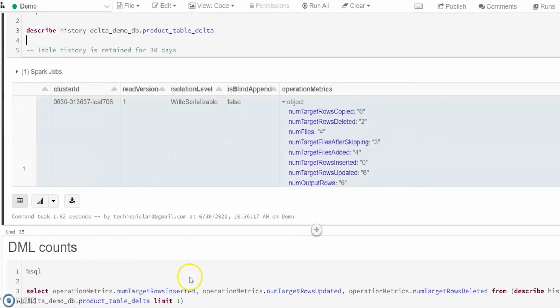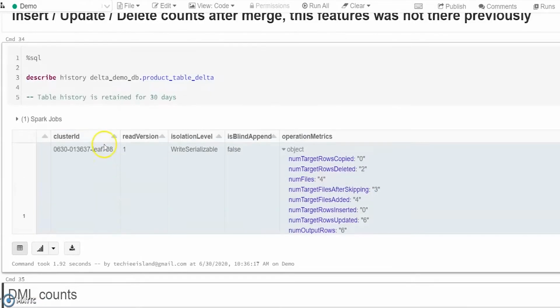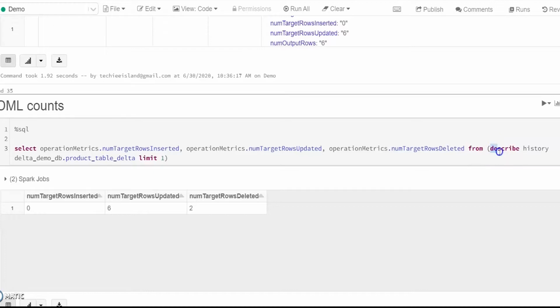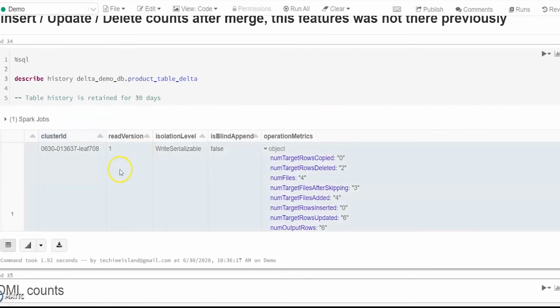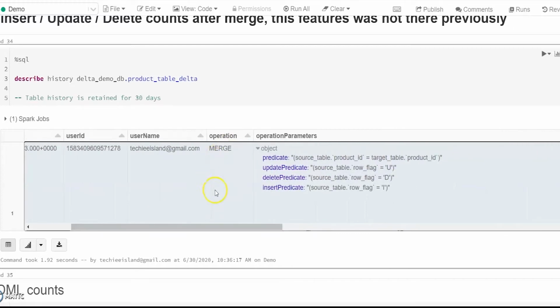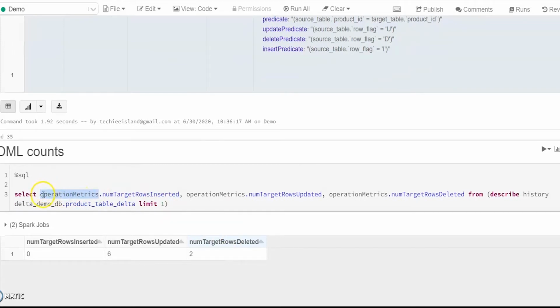So to get those three pieces of information, you have to write this query. We are querying from this particular table only. This command, if you can see here, is running as a subquery, with limit 1 because I know the last command which it ran was a merge operation. So based on your project requirement, you need to decide this. And to parse the JSON information, you need to just click the root JSON variable and the attribute inside the JSON. By this, you can get the insert, update, and delete counts in your application.